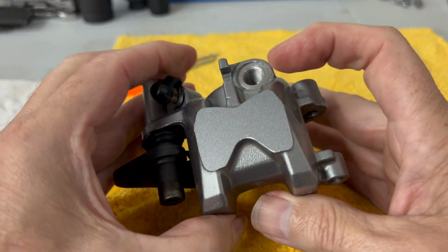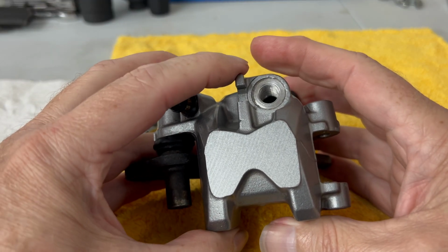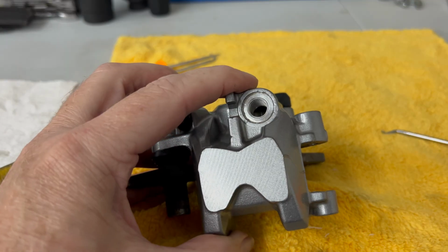I'll put the banjo bolt in, hook up the line, put some fluid up in the master cylinder, and start doing the levers. So we'll get over and I'll show you that process, because that's going to be